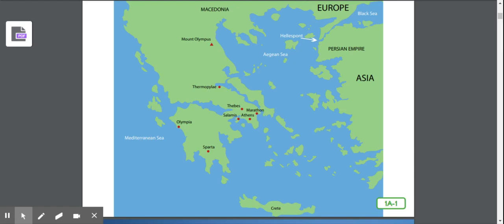Expeditions or journeys by land and by ship allowed the ancient Greeks to travel as far west as present-day Britain and as far east as India. The ancient Greeks traveled to explore far-off lands and also to trade, or buy and sell goods, with people from other areas.